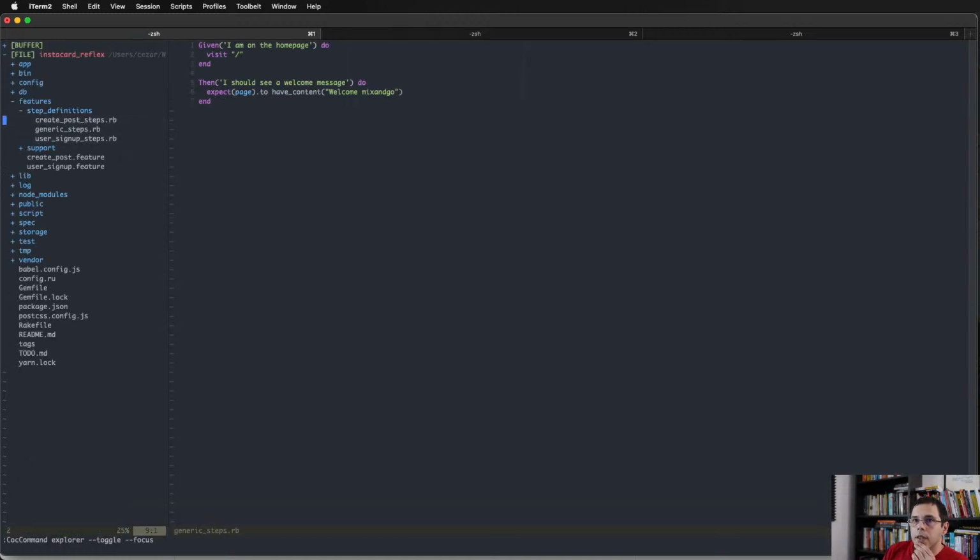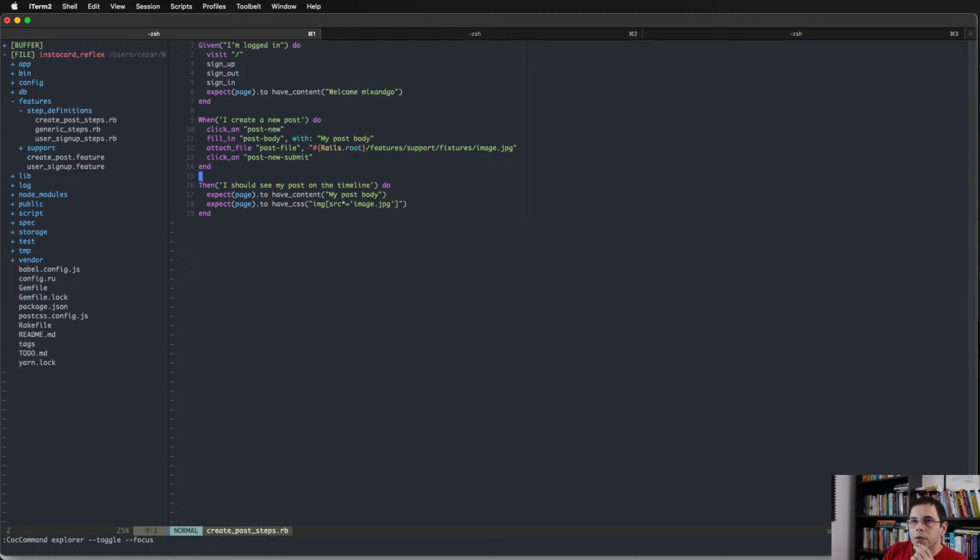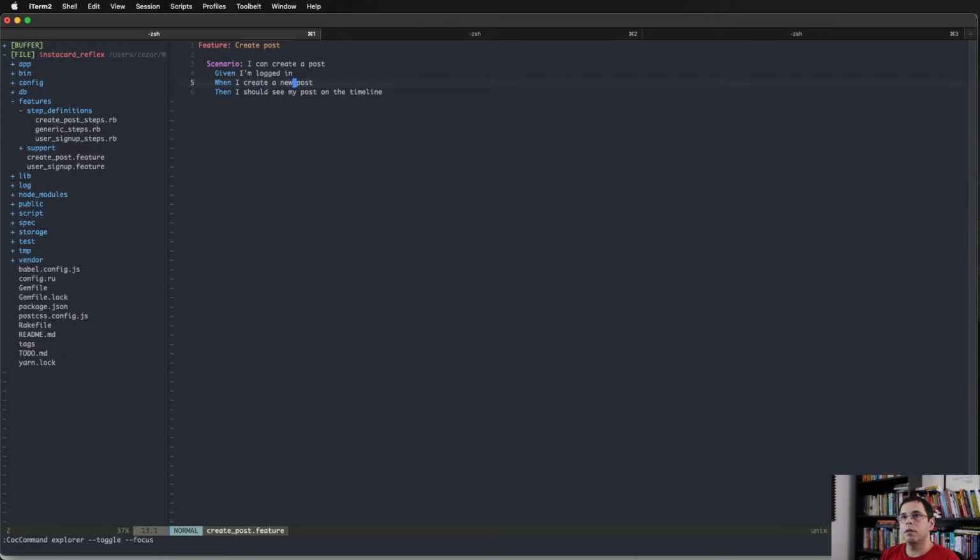And so for create post, I want to add a new feature. Actually, I'm going to add a new step here, and all users should